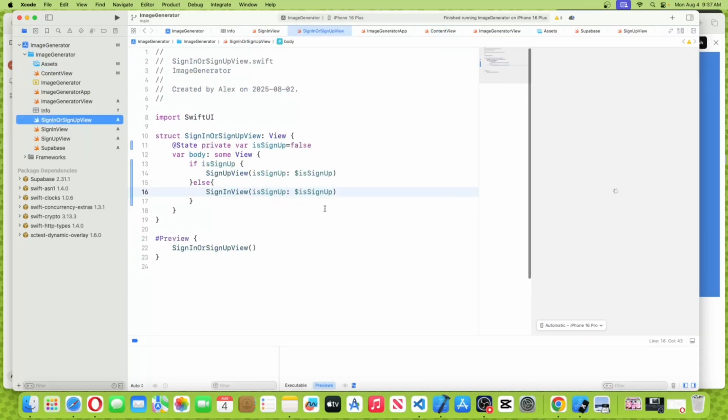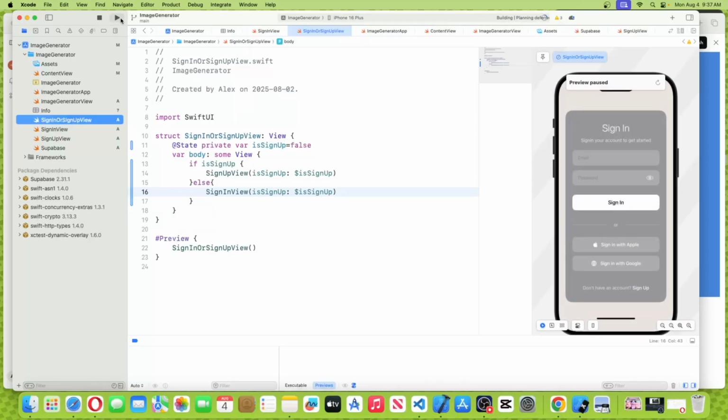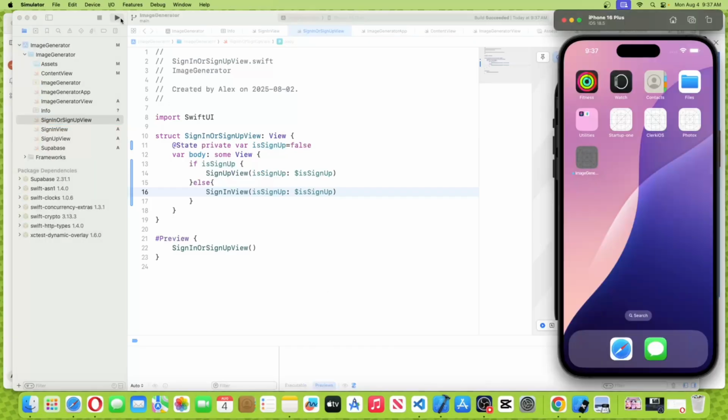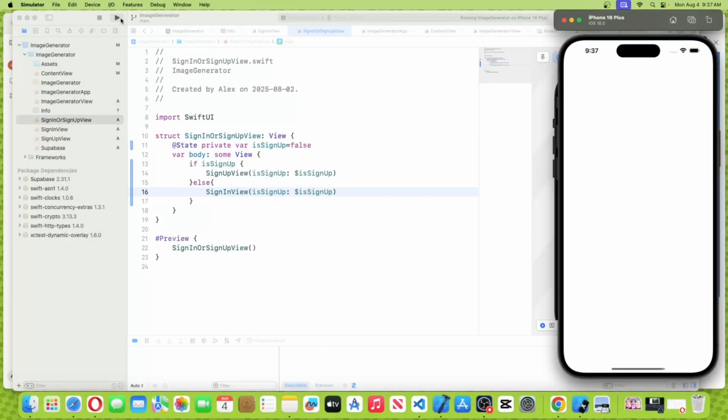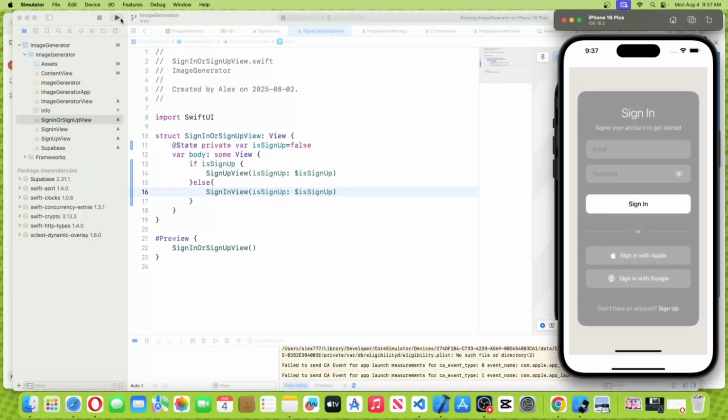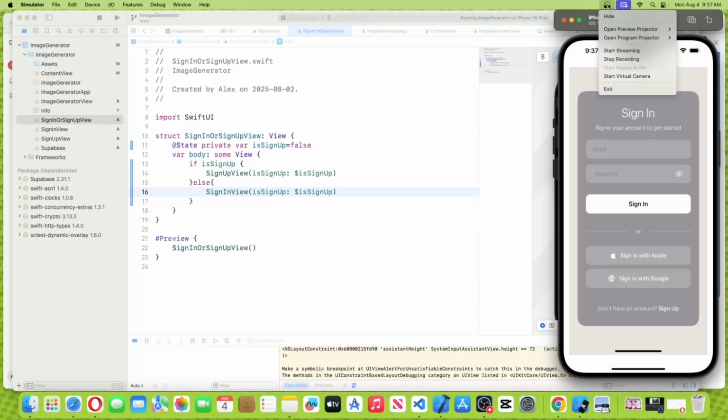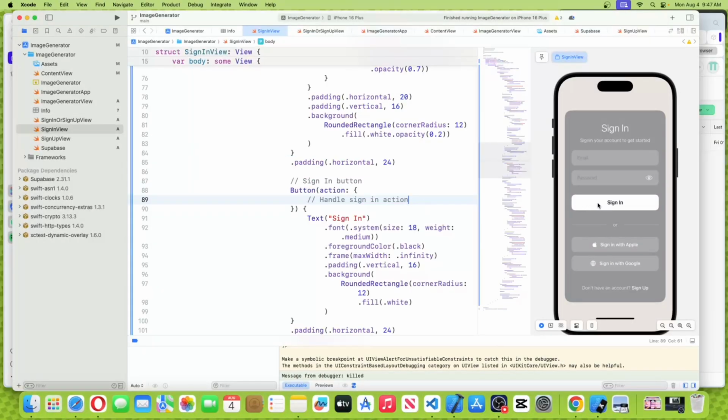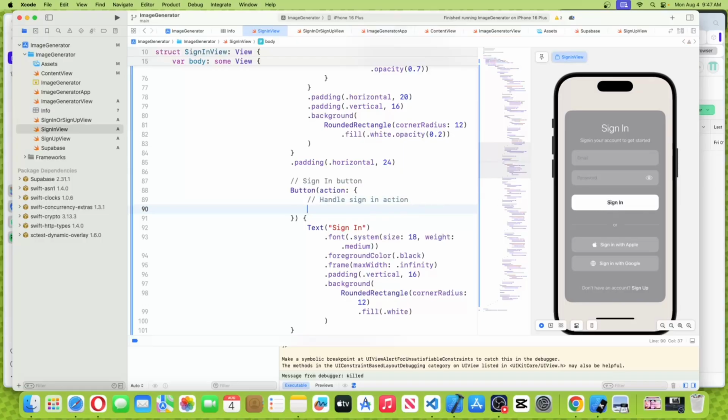And let's see sign in or sign up. We said isSignUp equal to false, so it should be showing the sign in. Okay, so now we are in our sign in view. Now we can pair up our functions. So when the user clicks on sign in, an action will be